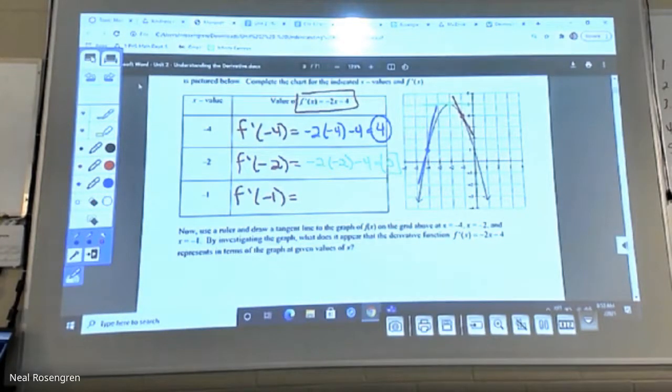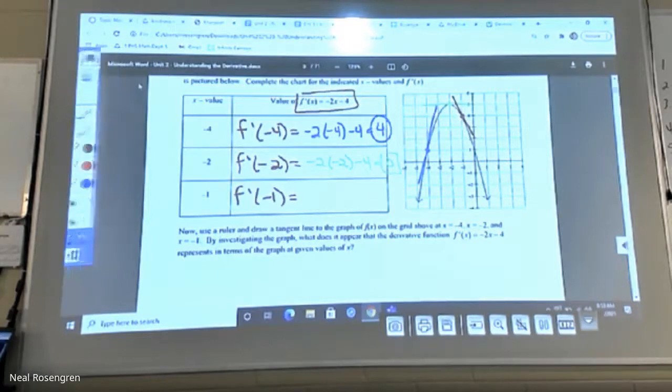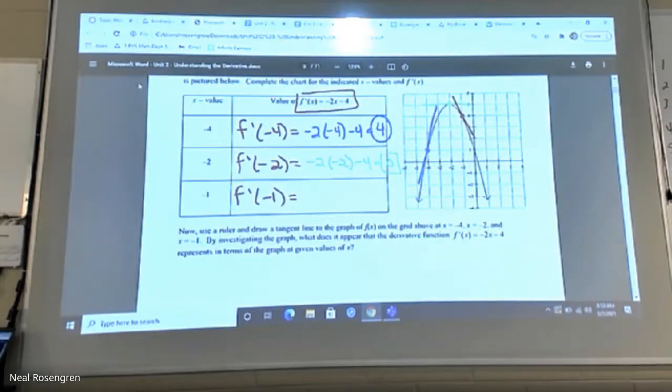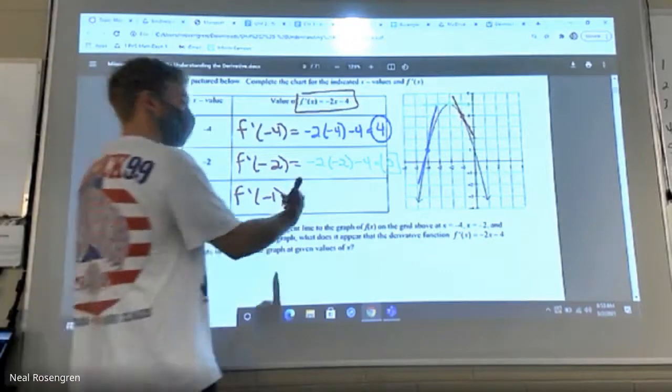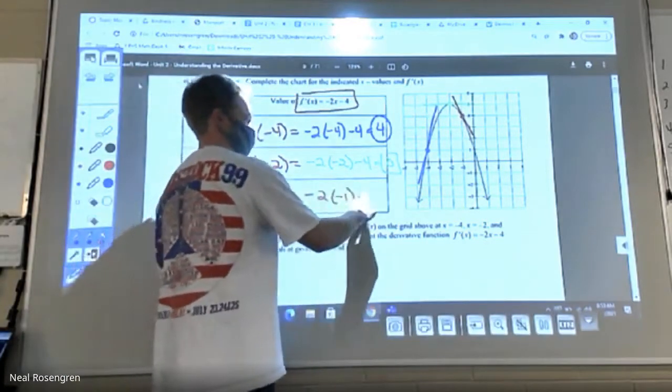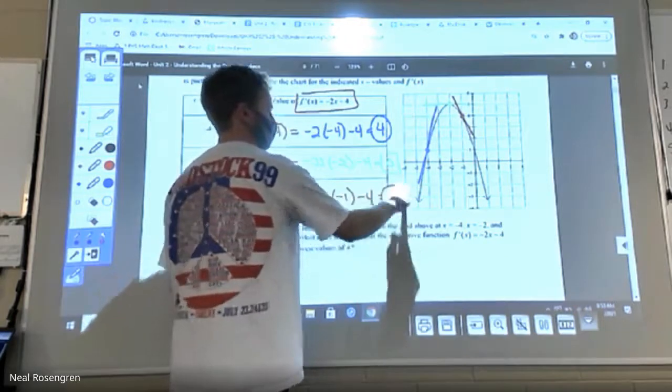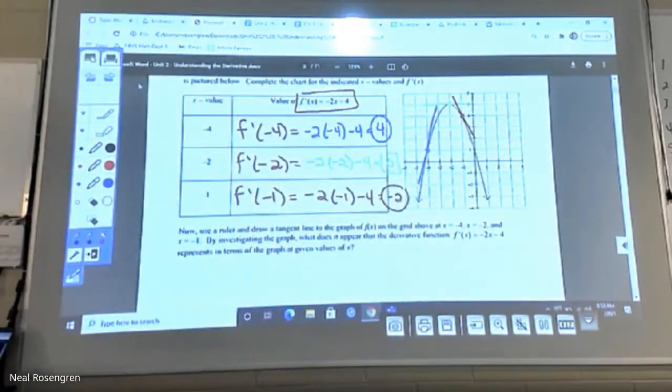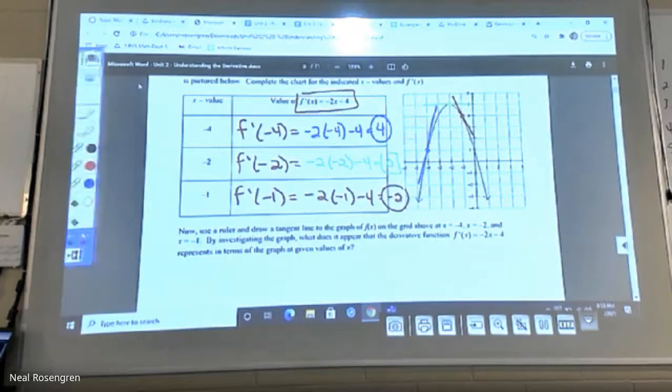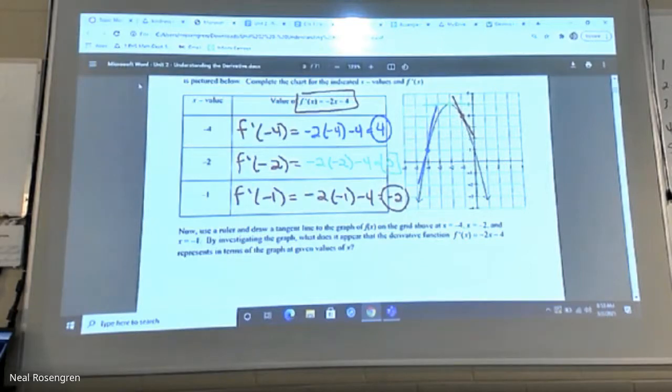Now, what do you think, positive or negative, for the red line's slope? Yeah, it's going down, right? Going down from left to right. So I should get a negative answer here, and we do. All right, we get -2. If I know the slope of the tangent line, I know what direction the function is moving at that time. If the slope is positive, we're going up. If the slope is negative, we're going down. Look at the function. Slope is 0, maybe we're at a relative extrema somewhere. Okay. And now we have those 3 numbers.